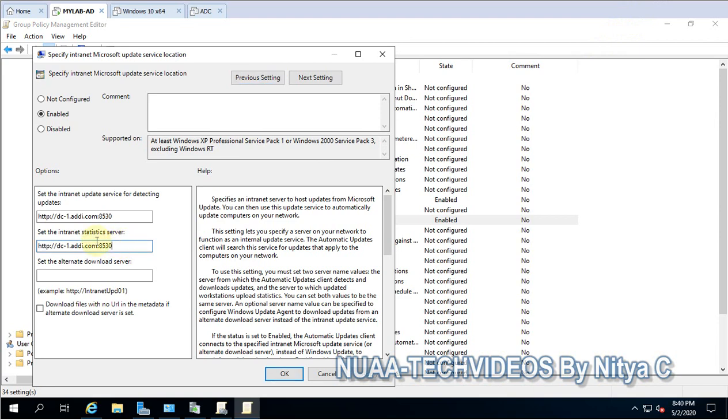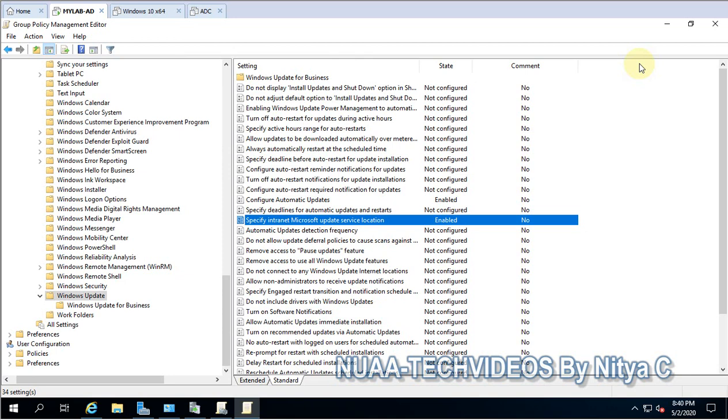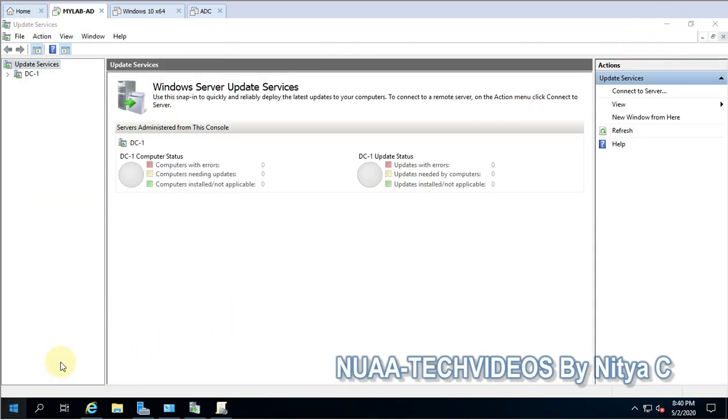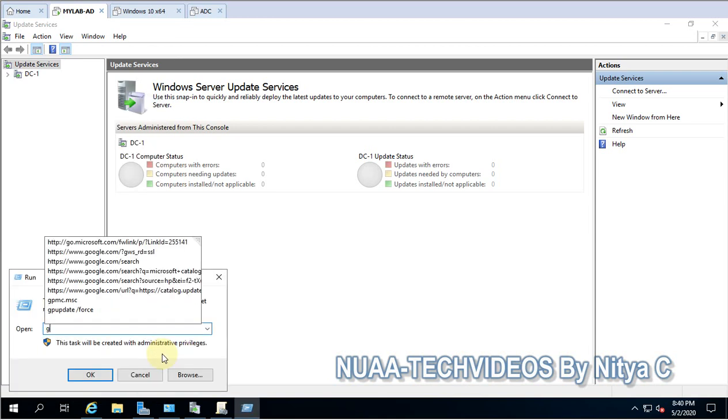So the intranet location is also configured. Apply, then okay, let's close it. So this is all from the group policy side. Let's update the group policy.